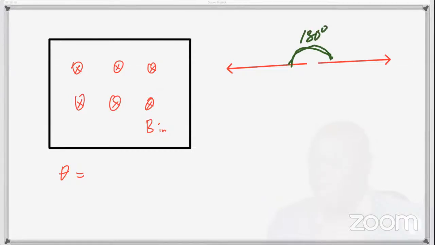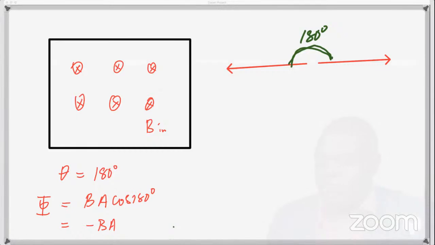So here, B is going in, and the normal vector is always coming out. So the angle between these two is 180 degrees. Whenever two vectors are opposite each other, the angle is 180. When two vectors are in the same direction, it's 0. So the flux here is equal to B times A times cosine of 180.